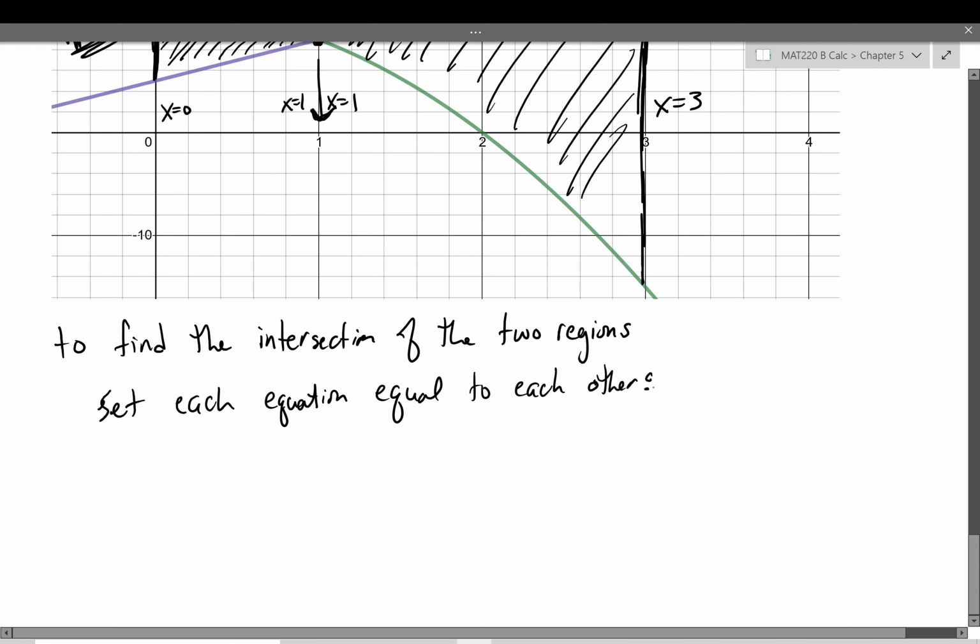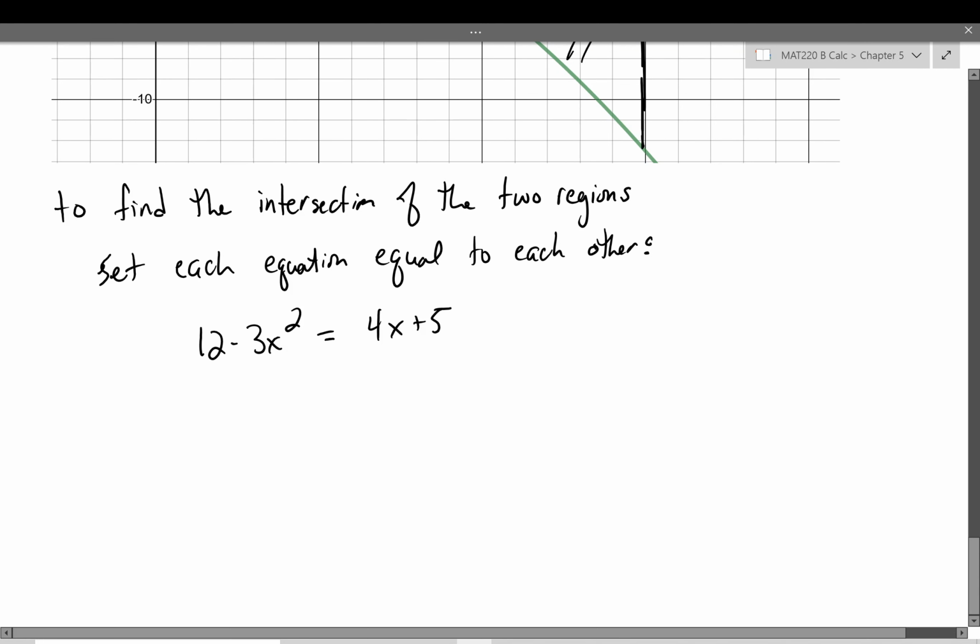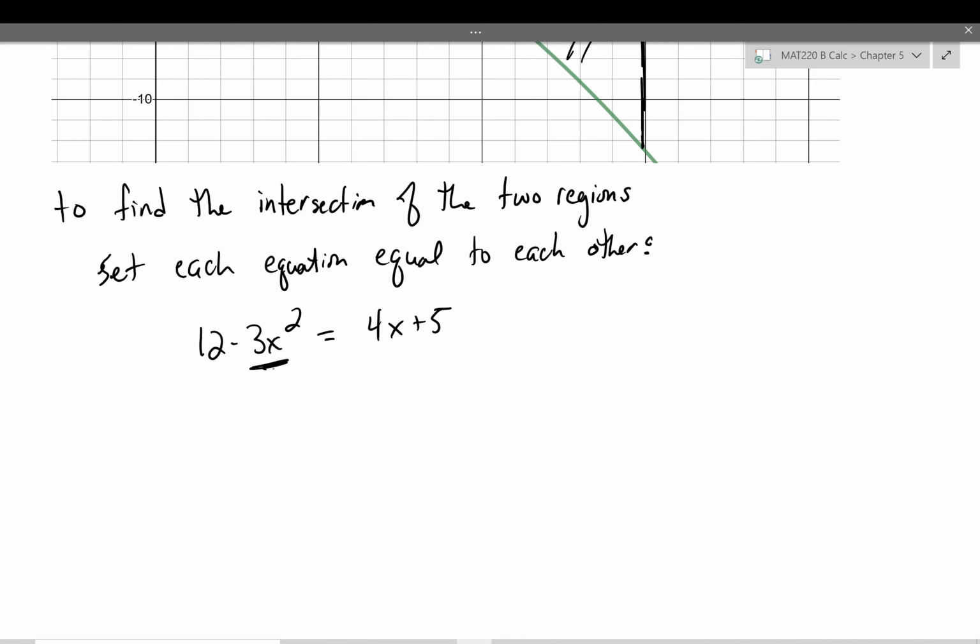All right, so that's what I'm going to do. I'm going to take 12 minus 3x squared and set it equal to 4x plus 5. So now I see the x squared term right here, so I'm thinking quadratic formula or factor or anything like that. More importantly,